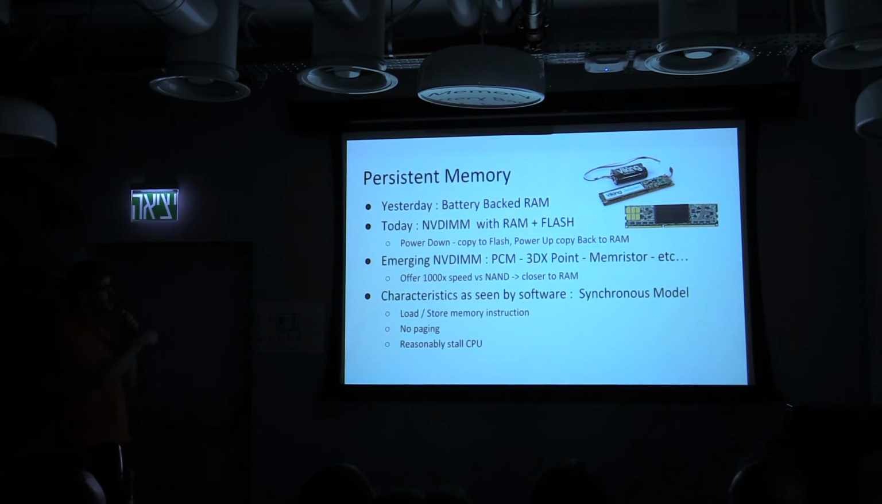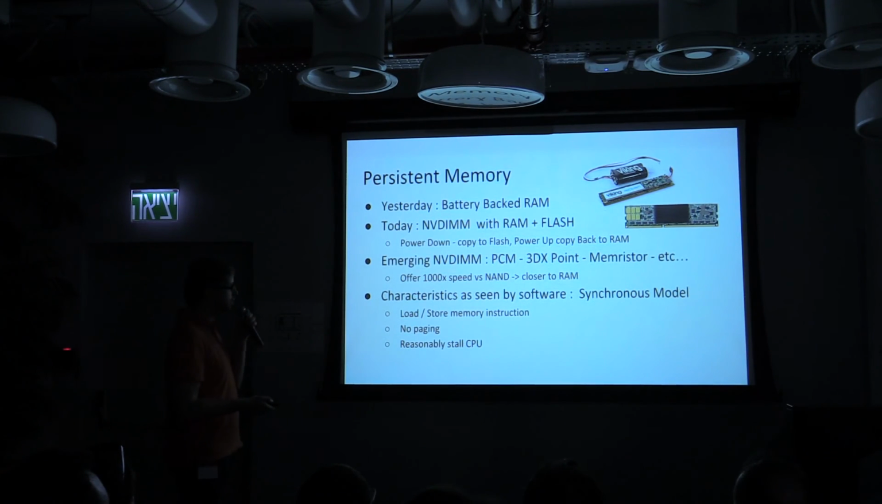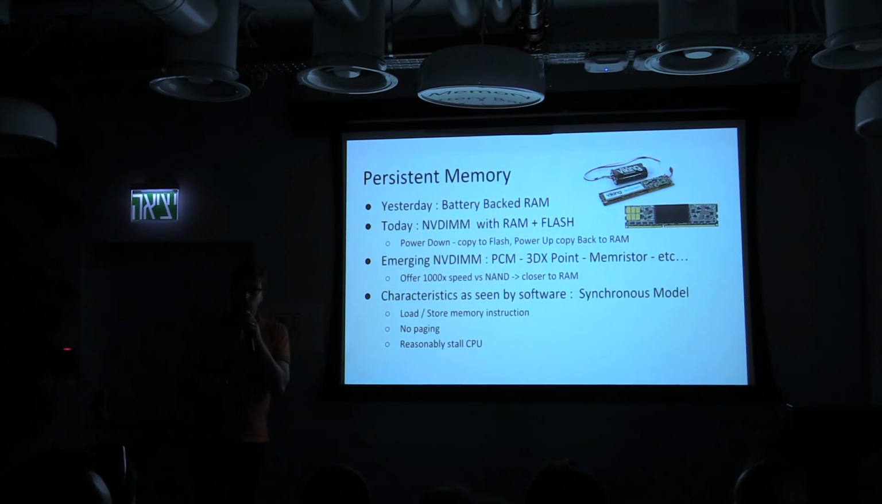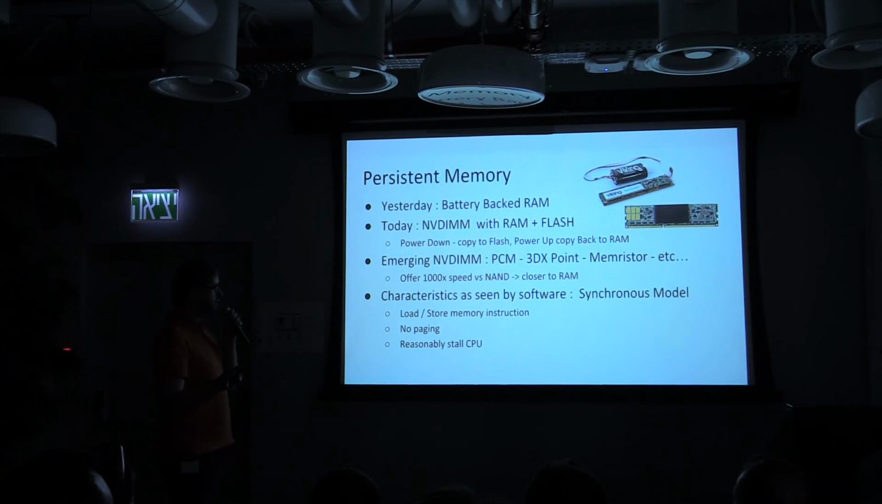An emerging NVDIMM technology that is starting to appear is PCM, phase change memory. HP is big into that. 3D XPoint from Intel. Hardware vendors already have access to it. The products are going to arrive next year in 2017. Memory store and kind of things like that. It's a kind of paradigm shift because it's almost 1,000 times faster than your NAND, and it's really closer to RAM. What that means is the persistent memory characteristic from the software point of view